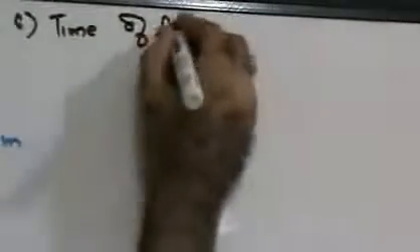Next, let us see the time for which the projectile is going to be in air. Time of flight. Let us try to find out the time of flight, right? Now what do you mean by time of flight? Time of flight is the total time taken by the projectile to cover the entire trajectory and return back to the original plane. Simple language, guys.